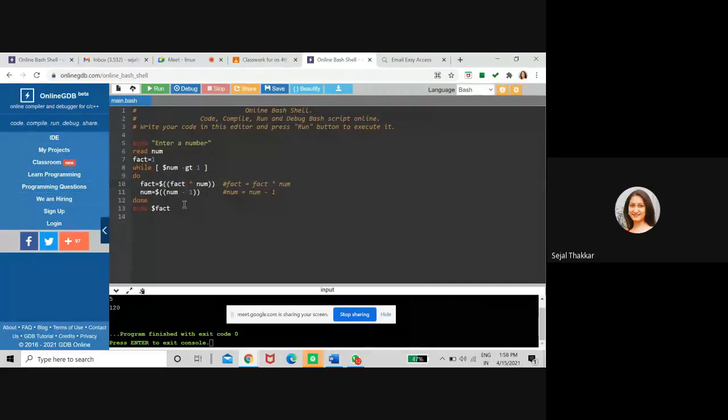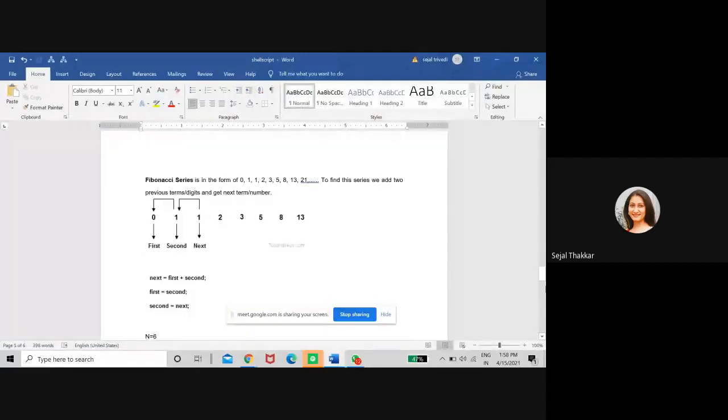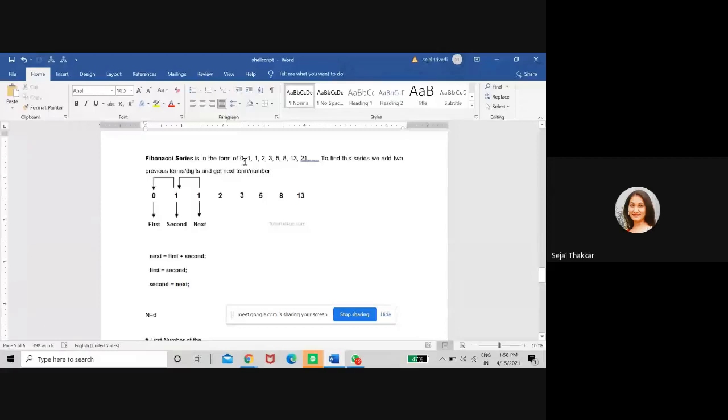Now the second program is the Fibonacci series. In any Fibonacci series, the first number is 0 and the second number is 1, which we declare by default. Then 1 plus 1 gives the next number, 1 plus 2 is equal to 3, 2 plus 3 is equal to 5, 5 plus 3 is equal to 8.